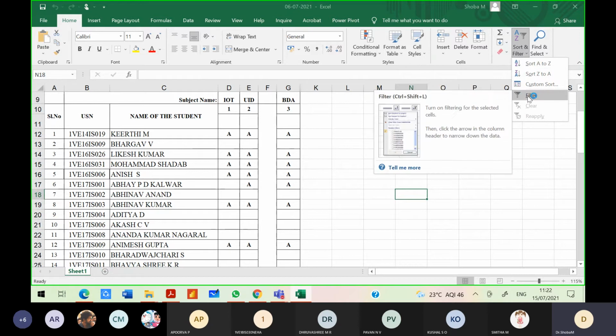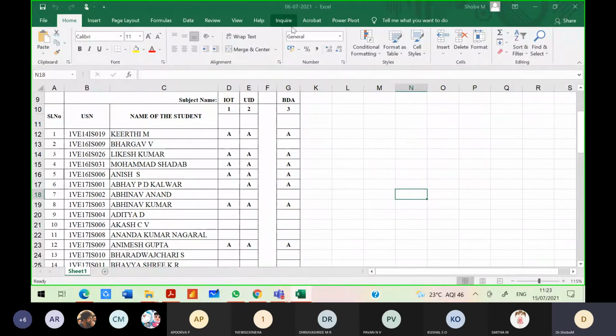We can even filter out only the cells we require. This filtering is nothing but the concept of data slicing we saw yesterday, right? And if you see this top ribbon here, you have so many options.